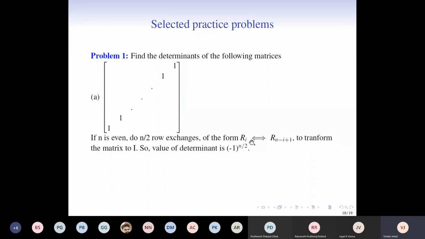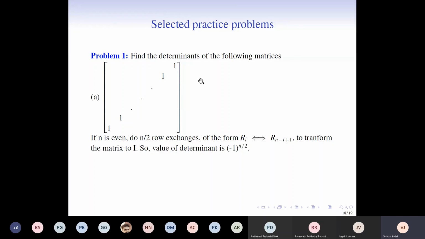So row n minus 2, since n is even, n minus 2 will be a number, goes to n minus 2 plus 1. So basically, row 1 and row n exchange, row 2 and row n minus 1 exchange, and so on, row n minus 2 and row n minus 2 plus 1 exchange. So basically we are doing n by 2 exchanges, and each exchange, by the